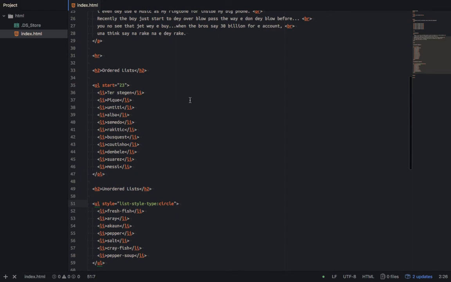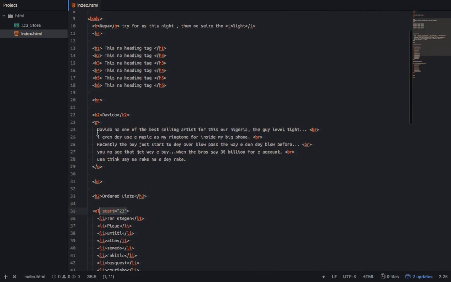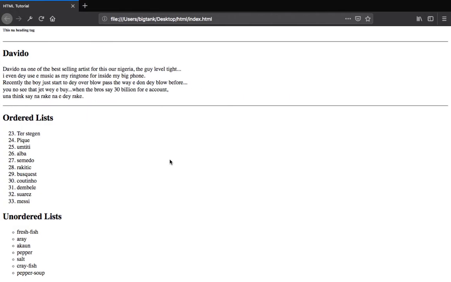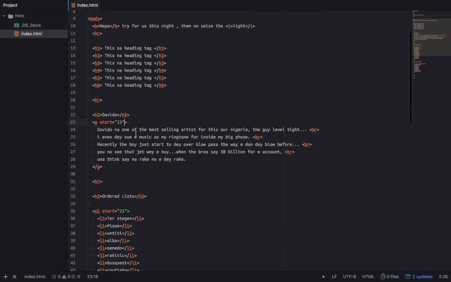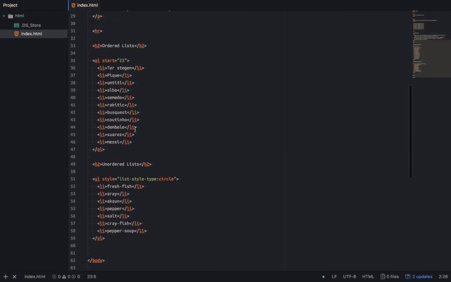So what will happen is that every other tag we add will have attributes that work for it. Every tag gets the attributes that work for it. The start attribute works inside the list, but it will not work inside a paragraph. If I put start on the paragraph, we will see that it does not work, because it is not registered for paragraph. It is registered only for lists.